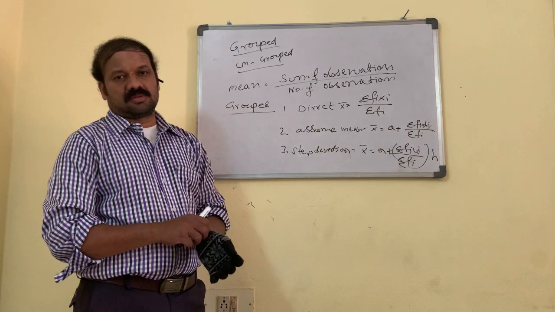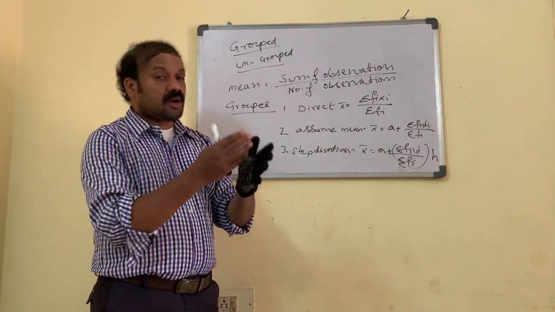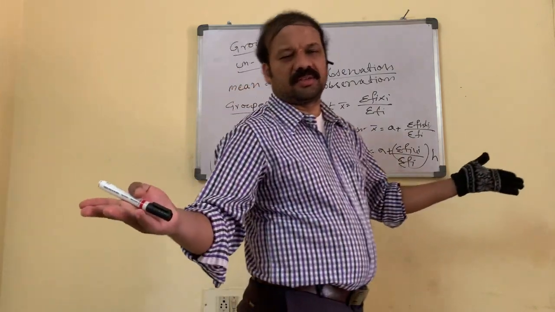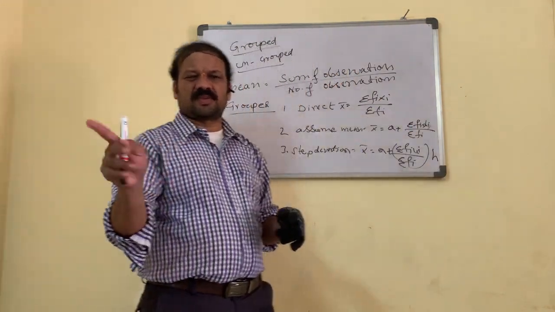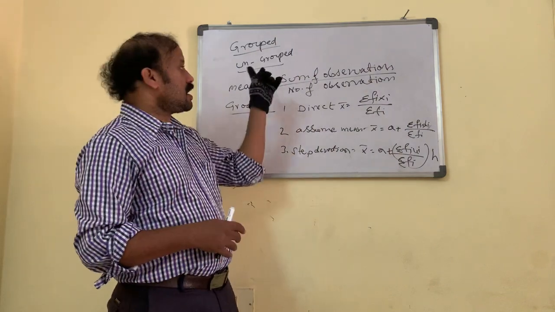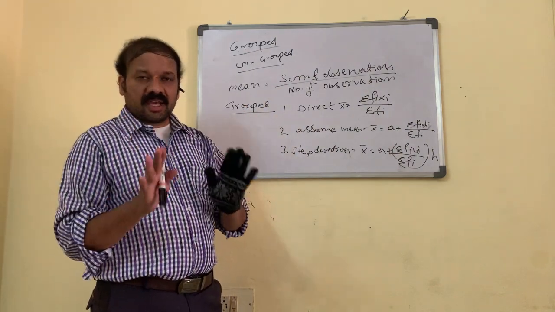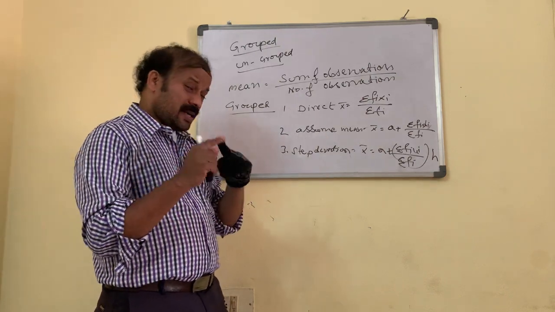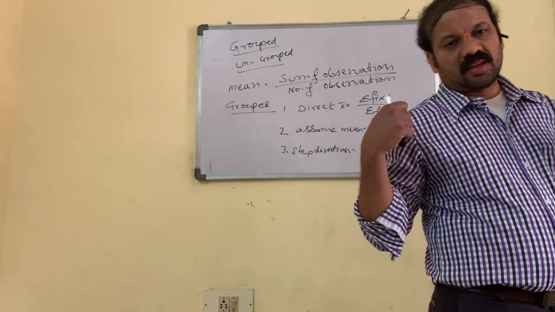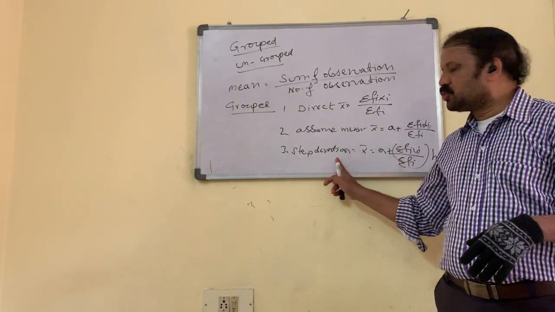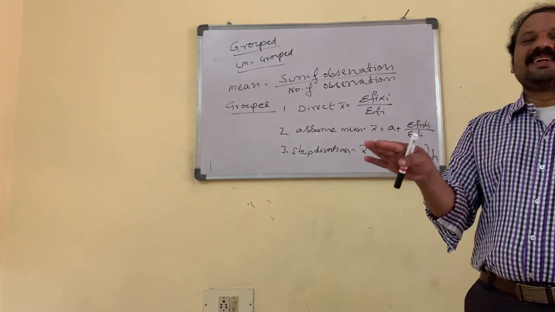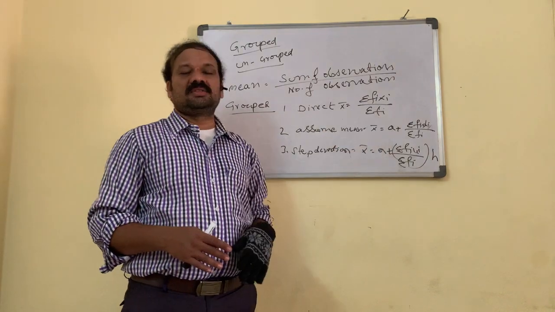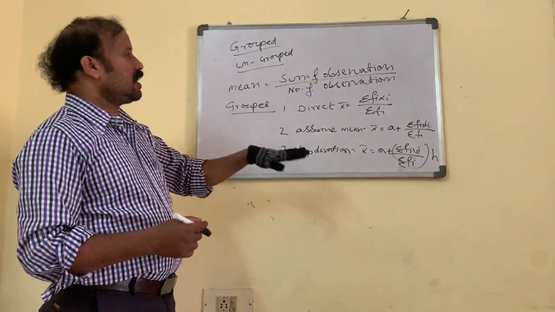They will ask a particular question, for example: some numbers are given, what is the mean of natural numbers 1 to 10? Add 1 plus 2 plus 3 plus 4 and so on, divided by 10. That is ungrouped data. To find the mean by the direct method, use this formula; by the assumed mean method, use this formula; by the step deviation method, use this formula. If they ask particularly, use that formula. If they did not ask anything and just gave a table and said find the mean, it is very easy to solve directly. So this is called mean.